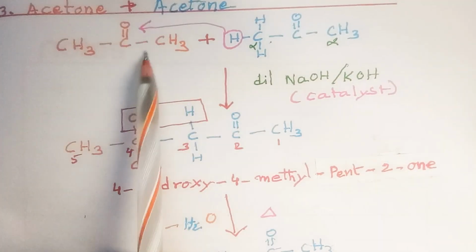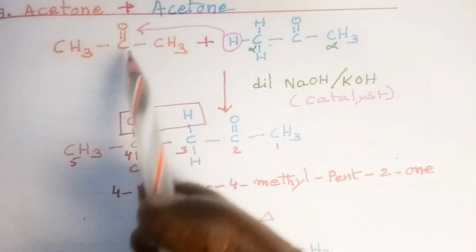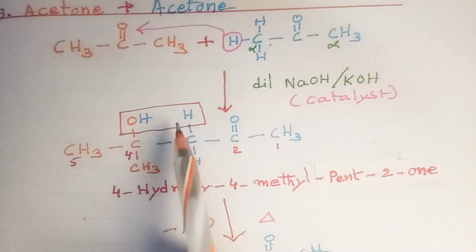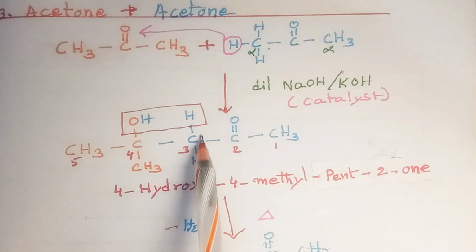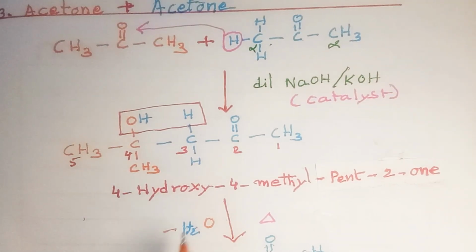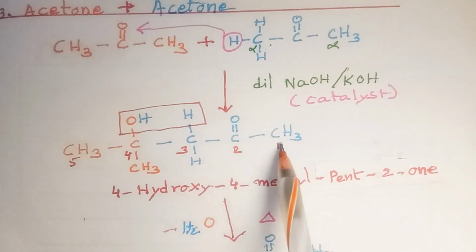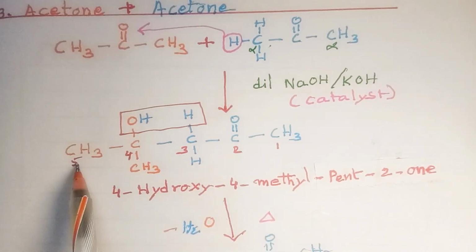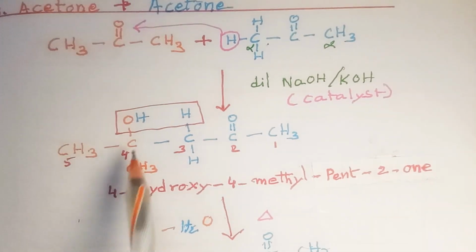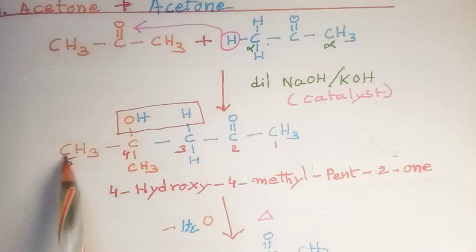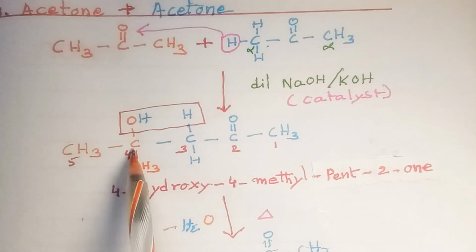This CH3 group will move to this side in order to pave the way for this carbon to form a bond with this alpha carbon. As a result, we get a 5-membered chain. 1, 2, 3, 4, 5. This carbon is not counted. This is downwards. So the longest chain has 5 carbon atoms. There is a methyl group on the 4th carbon atom,